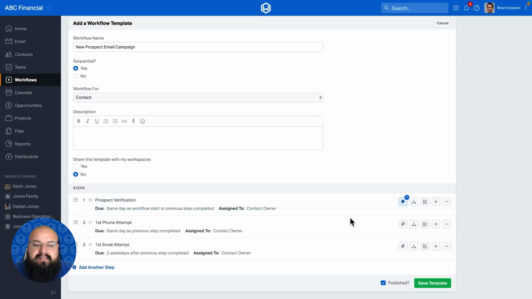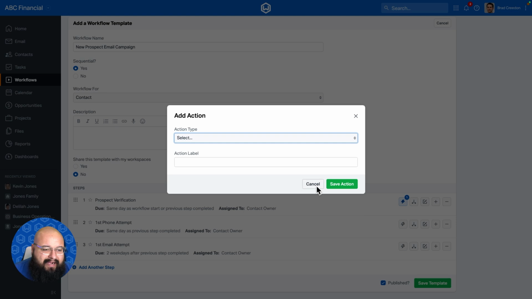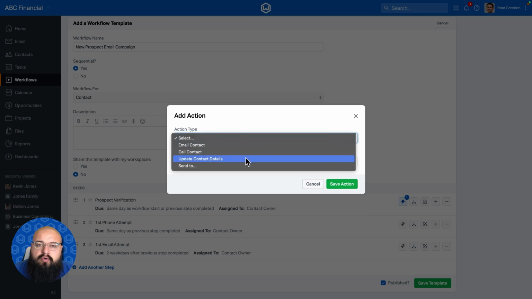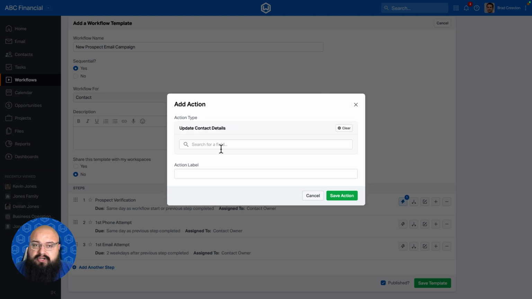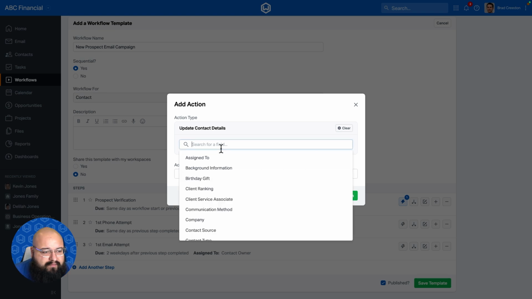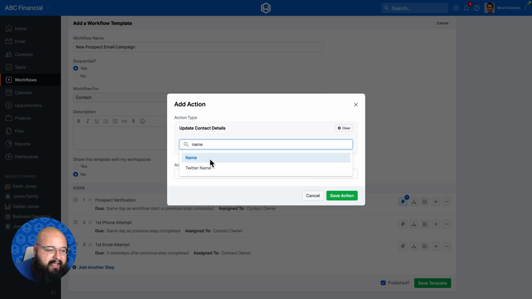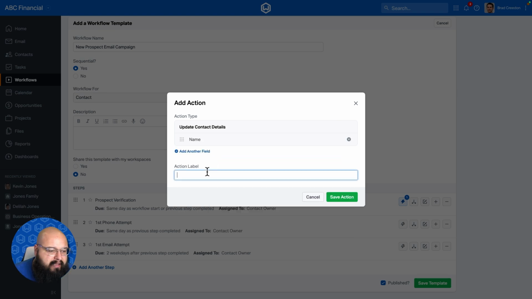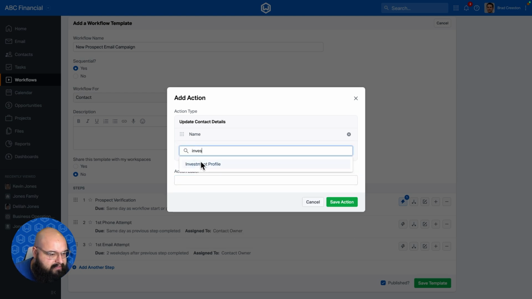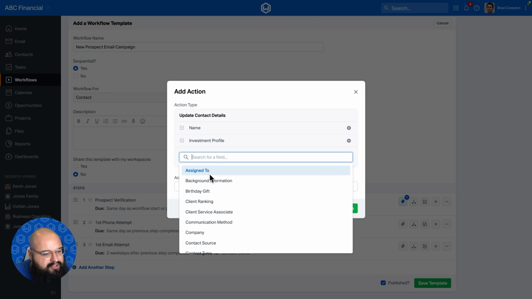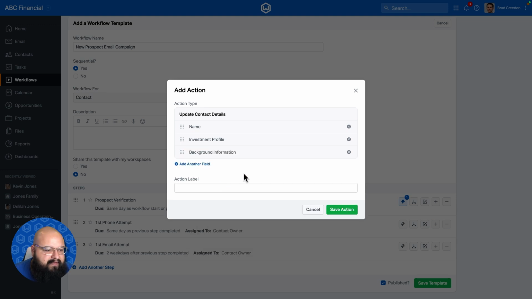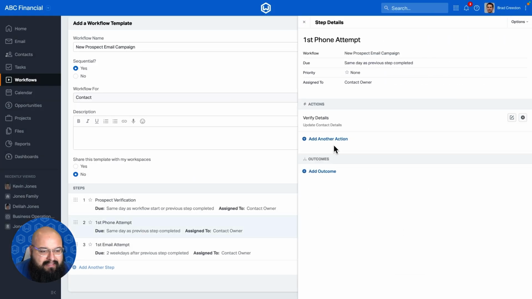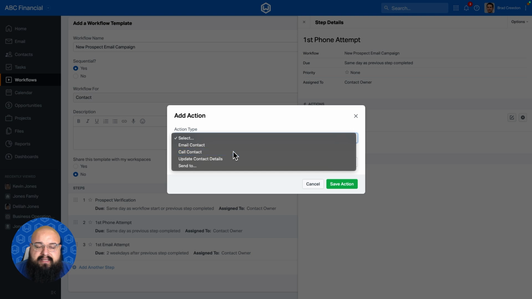Now for our first phone attempt, we'll use a couple of different actions. So primarily, we are wanting to double check that information, make sure that we have that in front of us as we're on the phone. So I want to include that name again, just to make sure that I'm addressing them properly. I want to also include something like their investment profile in here. So let's include that and maybe some additional details that I might have entered into the background information. So let's add in that verify details action